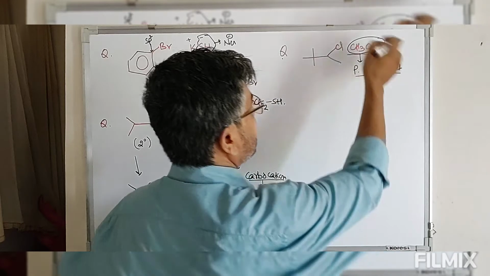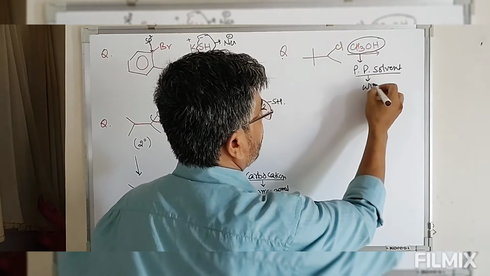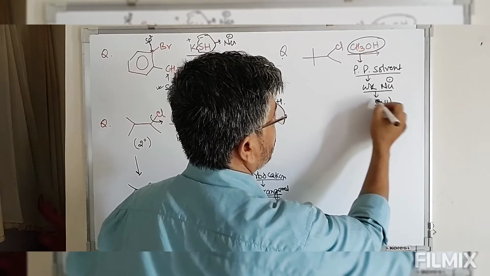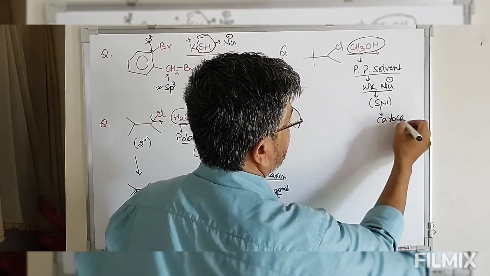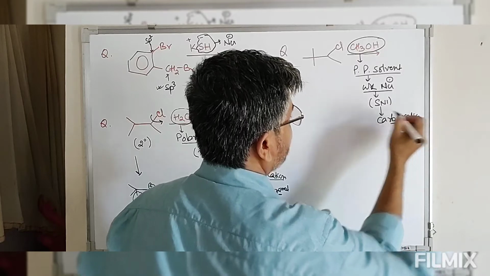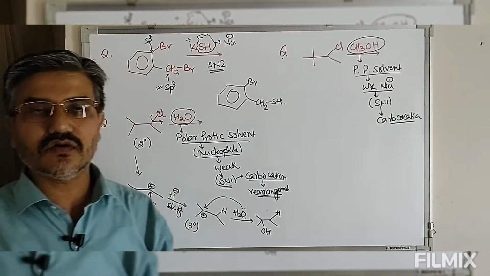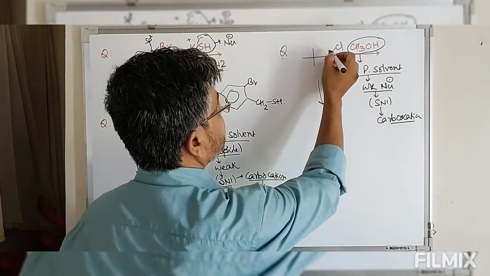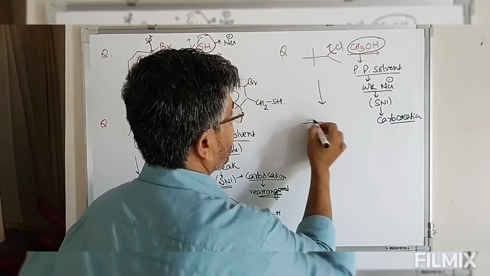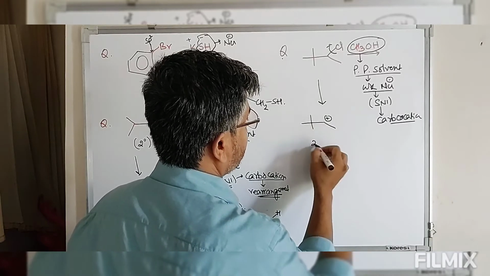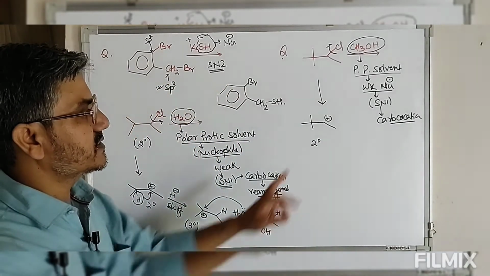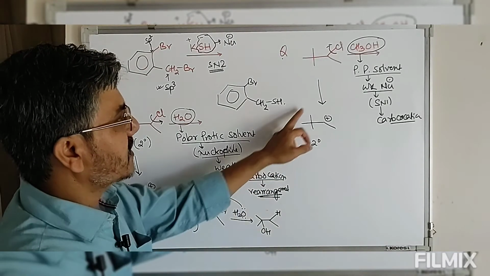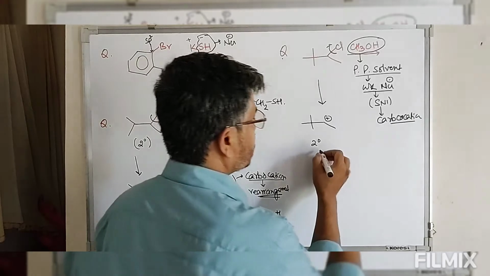This polar protic solvent itself acts as a nucleophile, so it is a weak nucleophile. Once we have a weak nucleophile, the reaction has to be SN1, which means we have to follow a carbocation. Whenever there is a possibility of carbocation formation, we have to consider rearrangement possibilities. First, Cl minus goes into the solution, so we have this secondary carbocation. Now the adjacent carbon is having alkyl, alkyl, alkyl. In the first case we had hydrogen here, but in the second case we have alkyl, alkyl, and there is no hydrogen.